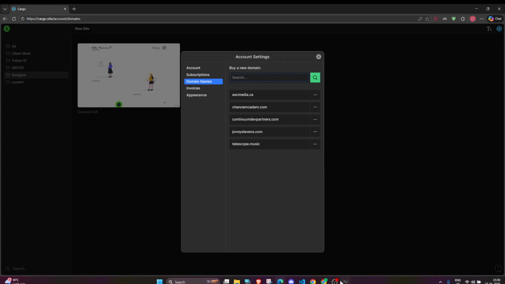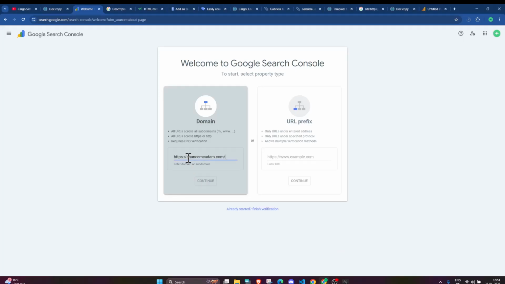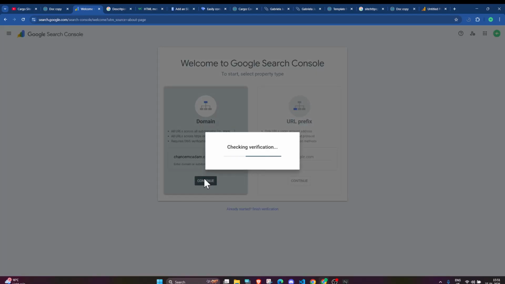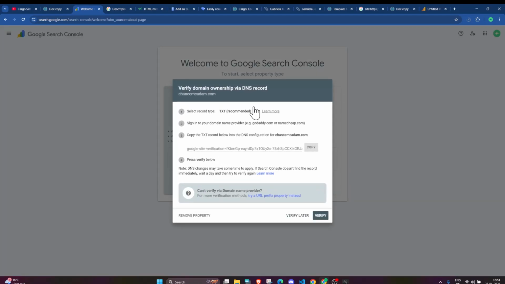Let me copy this URL and simply go here and paste it. Do not remove the HTTPS, keep it as it is, and click on continue. It will provide you a TXT record. You need to copy this TXT record.